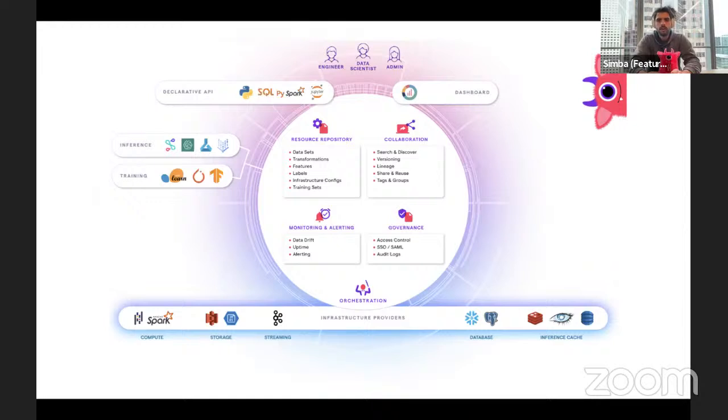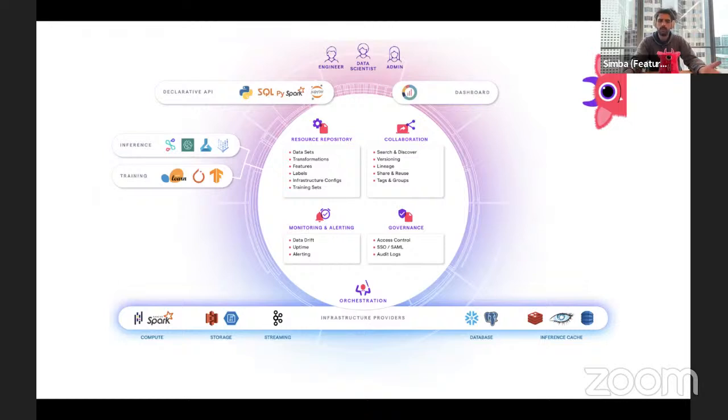So the way Featureform works is we try to think of features not as the output table, but as the feature lifecycle. In the feature lifecycle, data scientists are constantly experimenting, trying new features, building new training sets, having a repository where everything is stored so that there's collaboration. Things can be shared. You can see lineage: not just here, I have a feature, but how is it built? I have versioning. I have reuse. Once I deploy things to production, I automatically have things like data drift detection, alerting, access control, and finally,